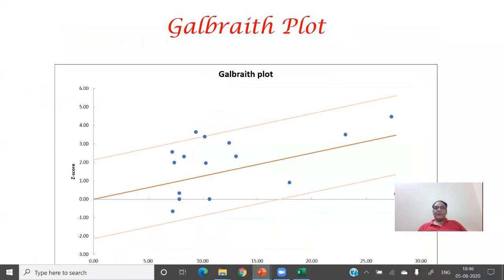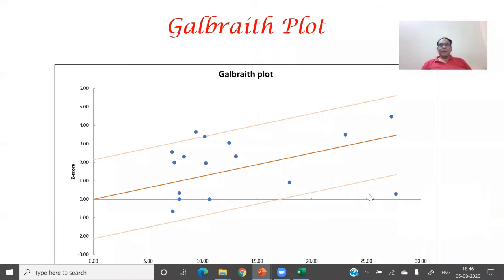Similarly, this is the Galbraith plot. The Galbraith plot is easier. It is just a plot. The Galbraith plot says that if most of the studies are between these two extreme lines, it means your meta study is not biased. However, in this case, we can see that there are a few outliers, like this is an outlier, this is an outlier. So you can identify which studies are creating the publication bias and which studies are having results different from your diamond,